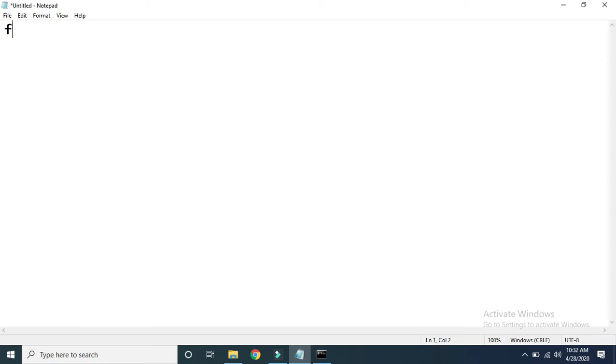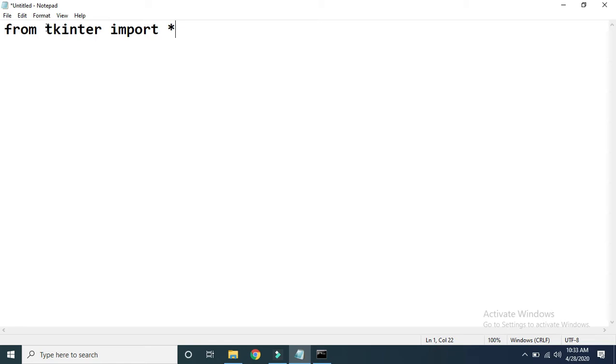We all know how to import the tkinter library. We have to write like this: from tkinter import star. We import this module because we have to design the UI of the digital clock.